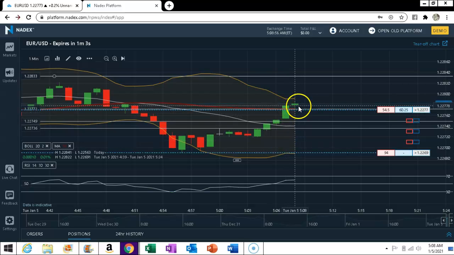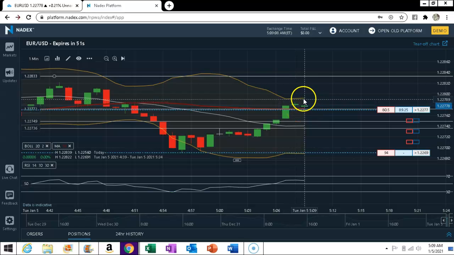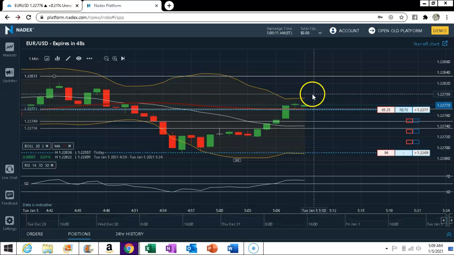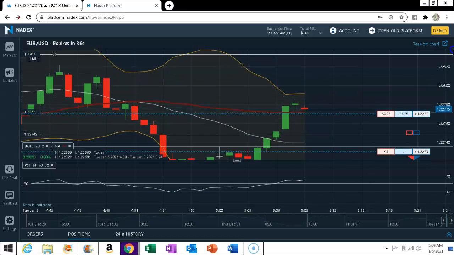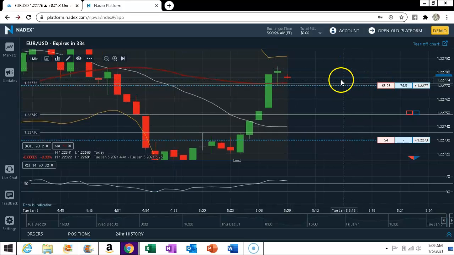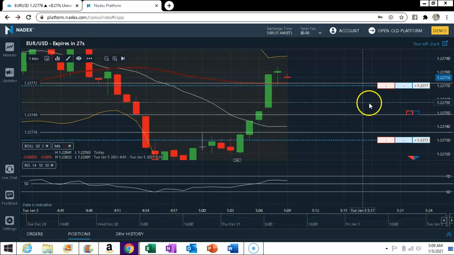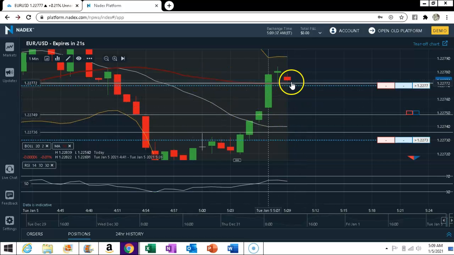Now price is above the 50 right now. This is the 50 period moving average line right here. Price is above it, right? Headed towards an overbought condition. The 20 is still below, and there's still room before they cross, which tells me that price wants to go down. So, there's 32 seconds left in this binary, so I will not take any trades. Well, I could have. But it's risky because